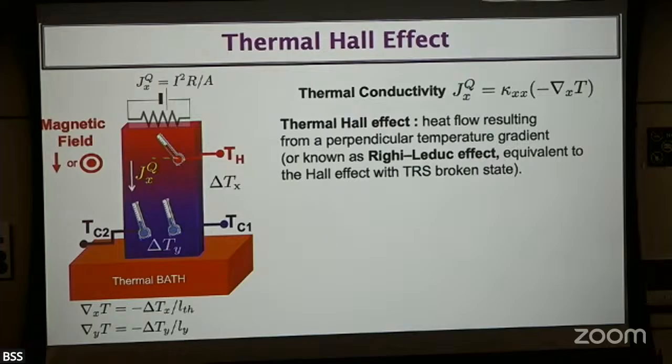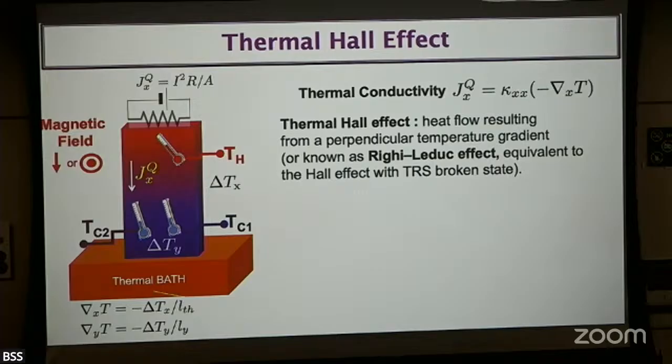Here these two are the two thermometers we had before. Now the heat current goes this way, and the magnetic field goes this way. Then a transverse temperature gradient appears. Either C1 can be high or C2 can be high; we don't know before we actually measure it, okay? So when we measure the longitudinal temperature gradient, this minus sign makes perfect sense, because heat is flowing this way but we measure it this way. That's why we put the minus sign. But when you talk about the transverse temperature gradient, you have to be careful.